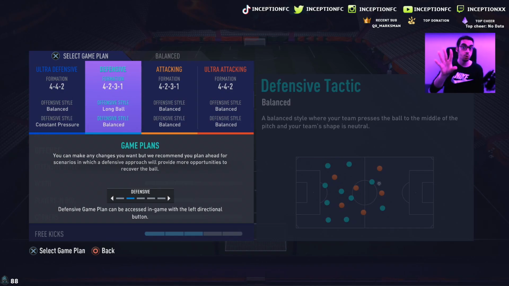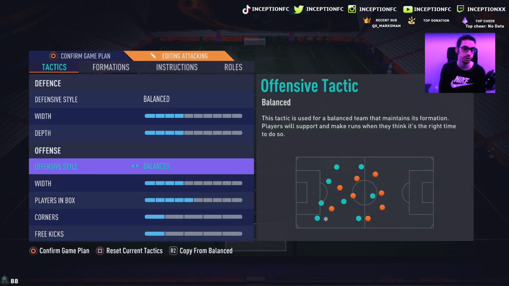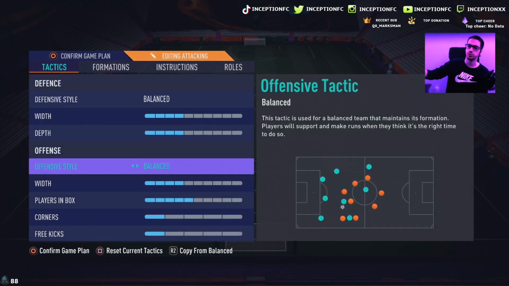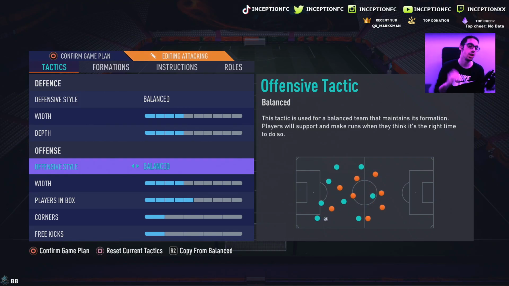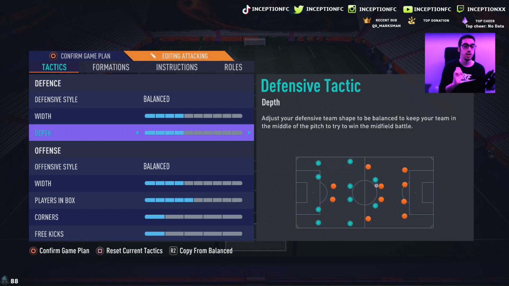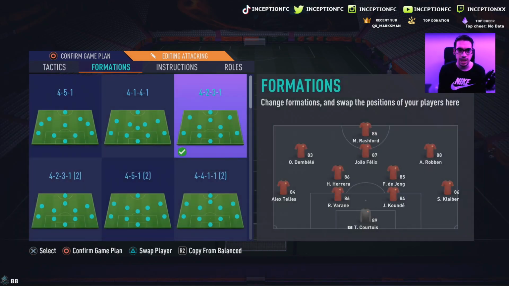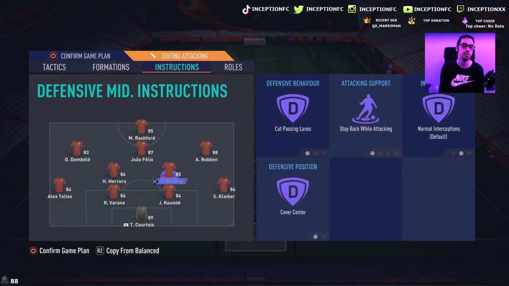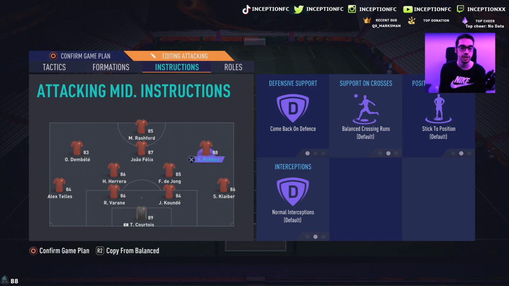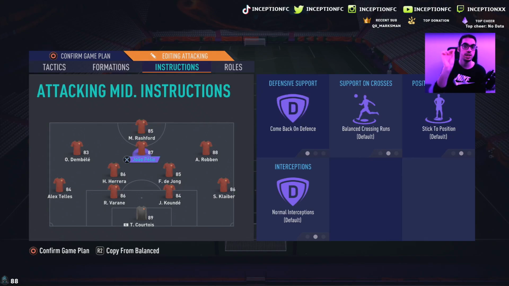We switch mostly between these two formations right here, okay? So we have this 4-2-3-1 variation, which I think I've already done a review for at the time with the best 4-2-3-1 in tactics and instructions, where I have it set to 4-4 for the defense, 4 and 5 for the players in the box and the attack. And then the instructions that I have set for this team is stay back while attacking for the fullbacks, cut passing lane, stay back, cover center for the CDMs, all of the CAMs on come back, and then the striker is left on balance